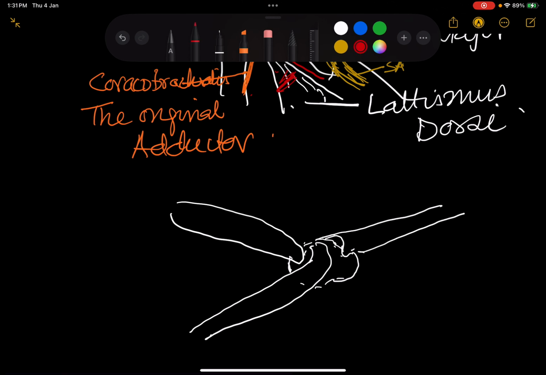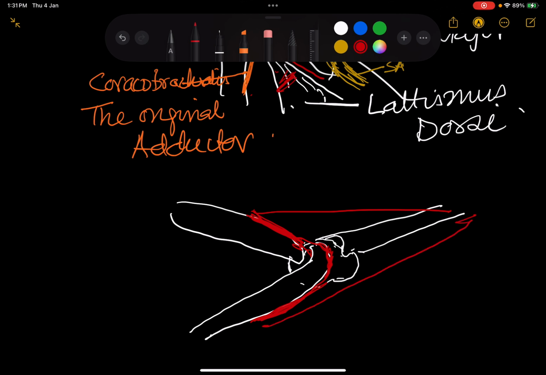Then arising from the anterior part of the lateral border of the clavicle, around the lateral border of the acromion, and then the spine of scapula up to the deltoid tubercle is a muscle which is attached to the deltoid